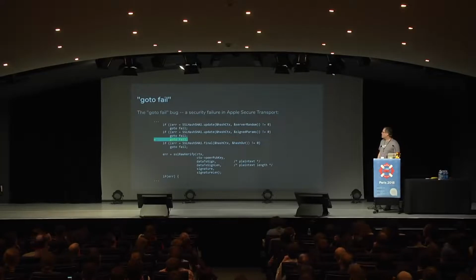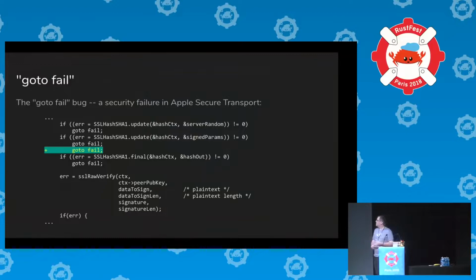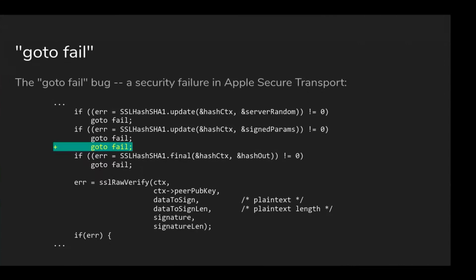So now I want to talk about a fairly famous, well, infamous security failure in Apple's homegrown TLS library called Secure Transport, and you might have noticed earlier there were some bindings to this. It is today quite well regarded, so don't let this worry you. But the interesting thing about this is it's kind of open source, but they don't develop it in the open,